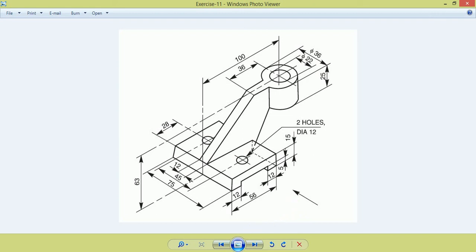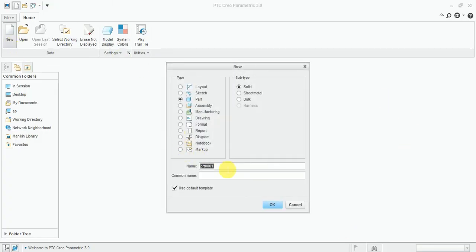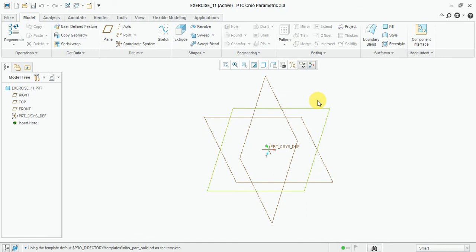Now open Creo, select new model, enter the name exercise 11. Now select the part, and in part modeling select the subtype solid. Now press OK. Now our working window is open.